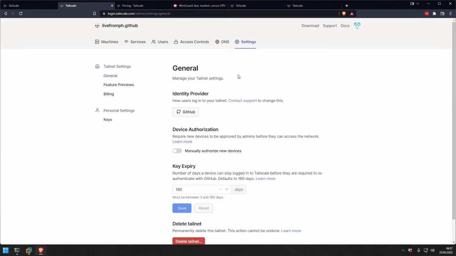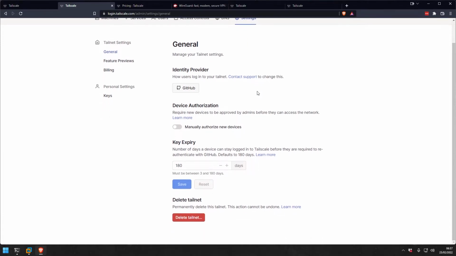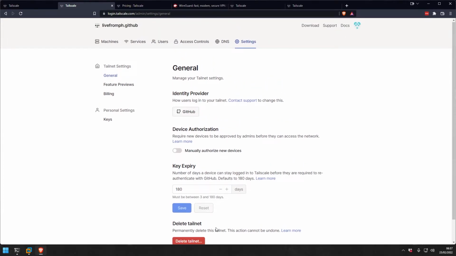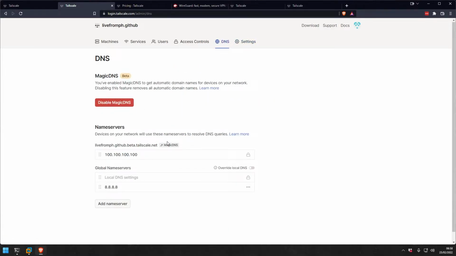So let's go back to settings here. Key expiry, we have not changed anything here. That's 180 days, probably a good idea. We can make it shorter if you like. Manually authorize new devices, we can approve by admins, you can do that as well. Identity provider for us, as we have used GitHub, is GitHub here, but you can change that if you want, and you can contact support to do that for you. Back on the DNS page,